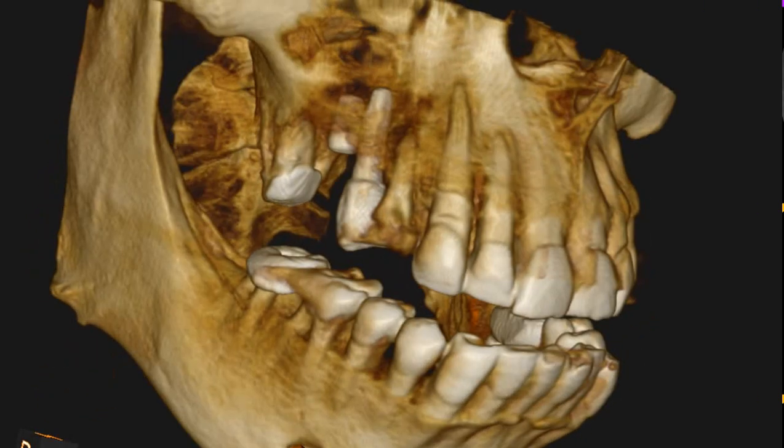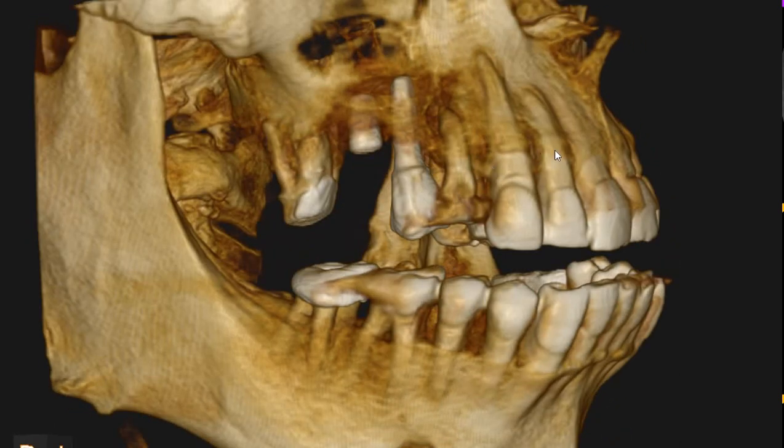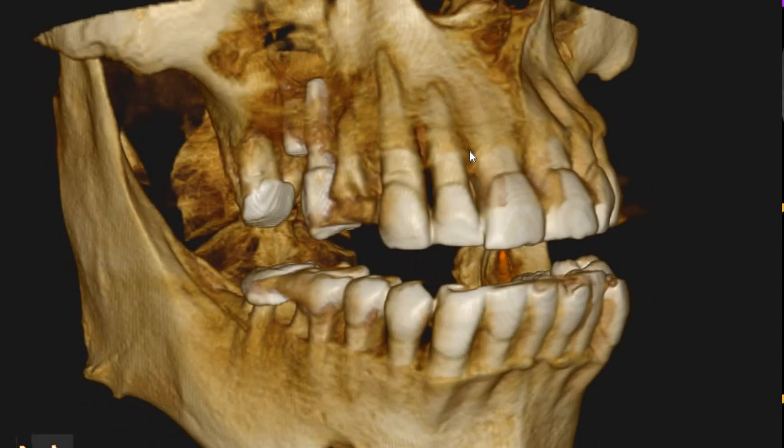This is the CBCT of the patient that you had requested. The area of interest is the upper right forearm. There is a suspected fracture which is indicated by a doctor. Now we will take you through each of the sections so that we can see clearly as to what the